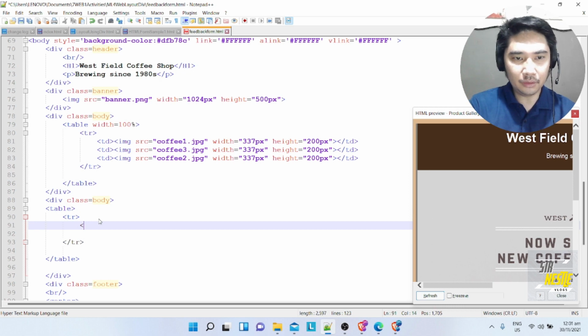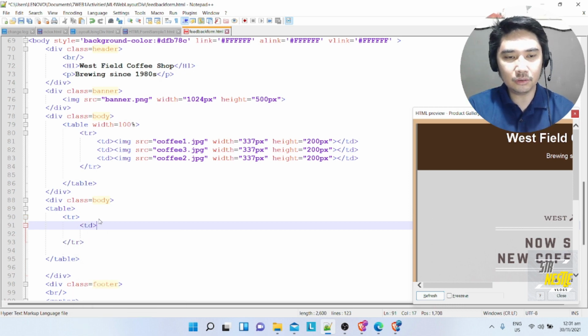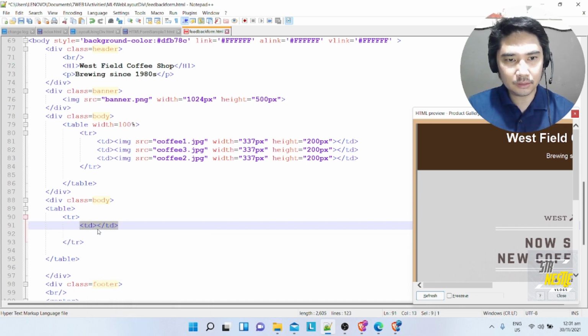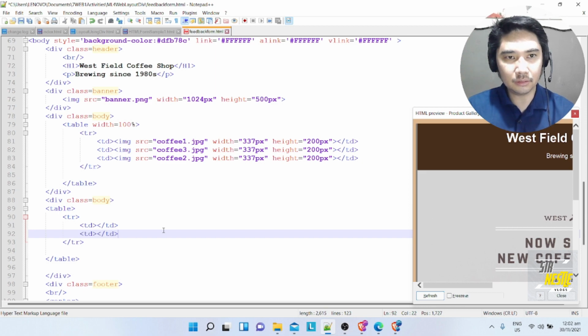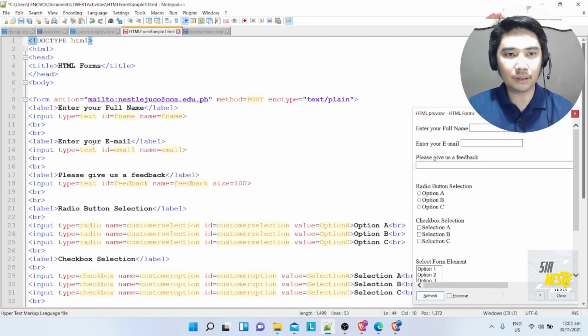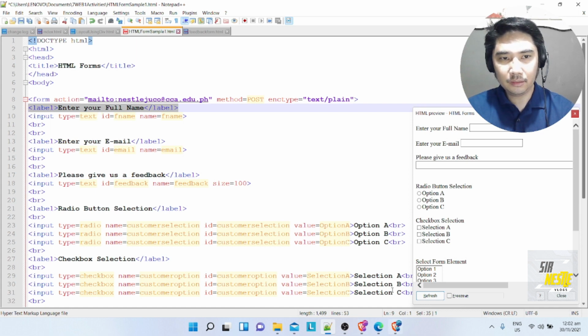So, bakit natin gagawin to? Yung sinabi ko kanina, para maayos yung itsura ng ating form, dito natin lalagay yung mga information na ginawa natin doon sa ating form. So, lagyan natin td. Okay, so dalawa. So, next, copy ko to. Tapos, paste ko to. So, yung ginawa nating sample form, halimbawa, kunin natin yung first part para hindi ko na siya itatype ulit, no? So, lagay natin yung form natin. Kakopy natin tong first part ng ating form. So, nandito di ba yung label? Okay? So, halimbawa, copy natin yung label muna na nasa